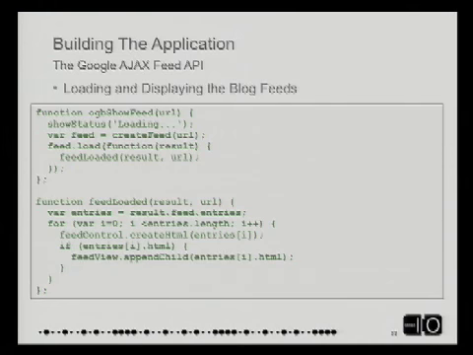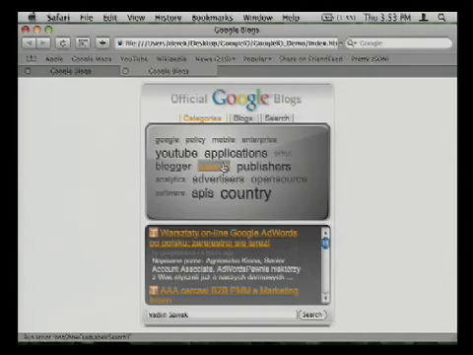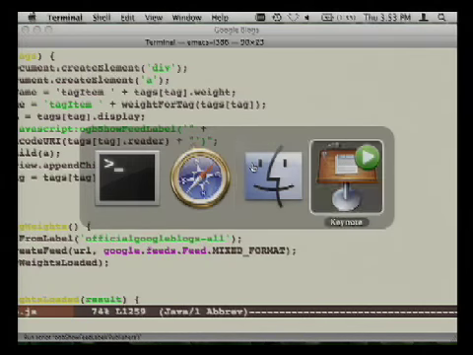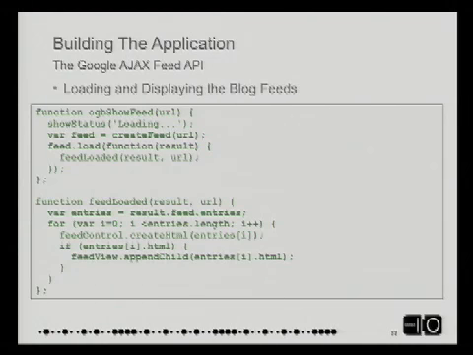So again, up top, a show feed. A show feed function is what runs when you actually click on something in the tag. So if we go back to the demo and I click on publishers, that function is what OGB show feed is. I do a show status loading, which you probably just saw when I ran the demo. I go ahead and create the feed again. The create feed understands the labels, all of that stuff, and gives me the correct feed object back. I call feed load, and I do a function on the result.